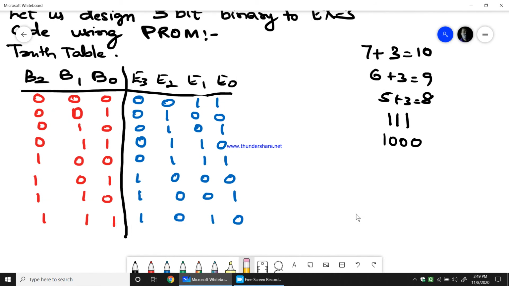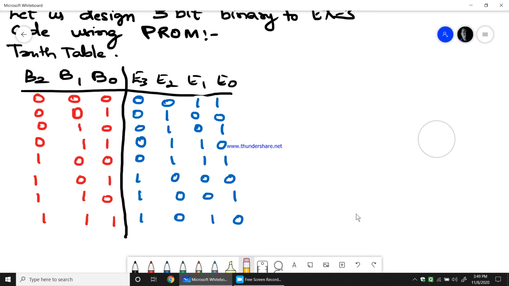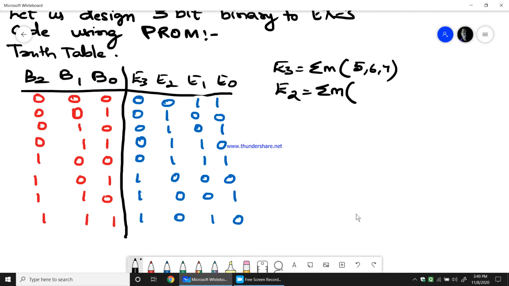Now we'll represent each output in terms of the minterms. So I'll say E3 equals summation M of 3, 5, 6, 7. Similarly, E2 equals summation M of 1, 2, 3, 4.